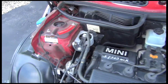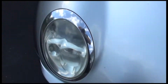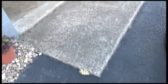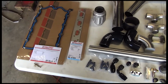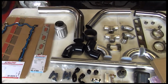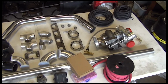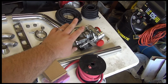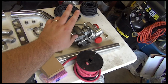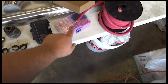Like I said, we're going to start making this kit, and hopefully it works and we get everything situated. But I will show you all the pieces here now. Mind the mess I have in here. As you can see, we're slowly getting all the pieces in place to do this kit from start to finish. You got the turbo, your oil feed and return lines, your power steering return and feed lines, the battery cable, the ends,